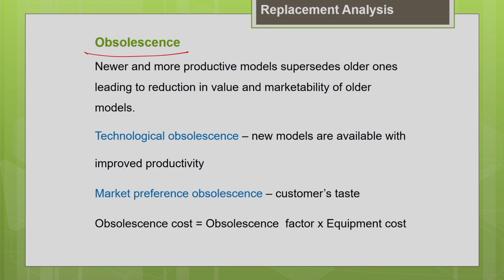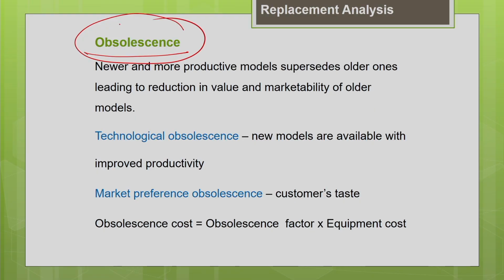At the same time, you can see in the market there are competitive models which have better productivity at lower operating cost, and maybe many advanced features which give you more ease of operation, more safety features, with enhanced productivity. So when there are so many competitive models available, despite that, when you are sticking to your old machine with low productivity, then we are facing some loss. So there is some increase in cost associated with that.